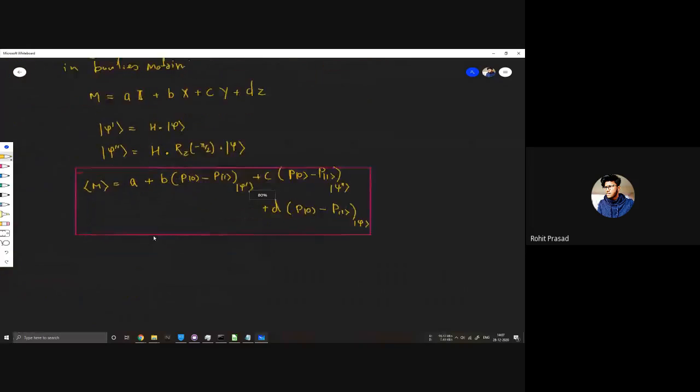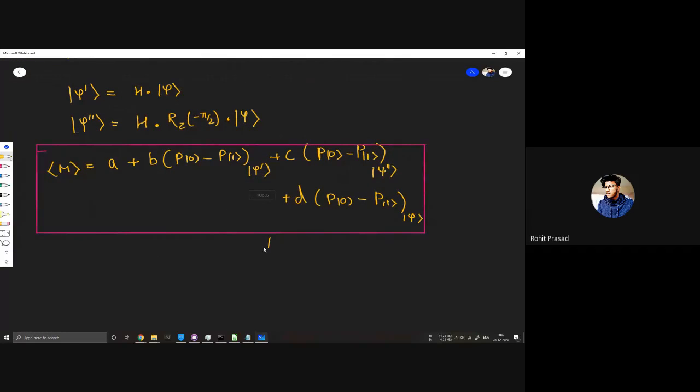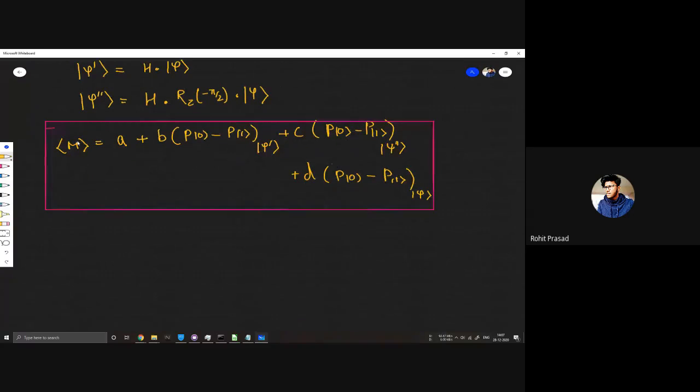Yeah, this one. So we did it till this, right? So we got that the expectation value of M, where M is your Hermitian matrix. I'll be pointing things out right now, making a list of what we have done till now. First, taking a matrix that's Hermitian, we can decompose it into a form where it can be written as A identity plus B x plus C y plus D z.